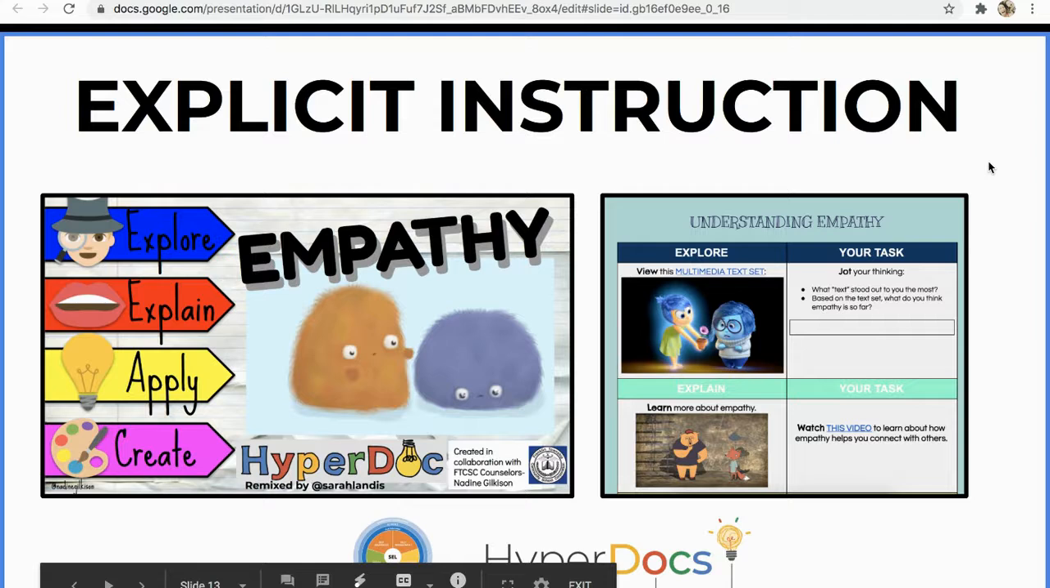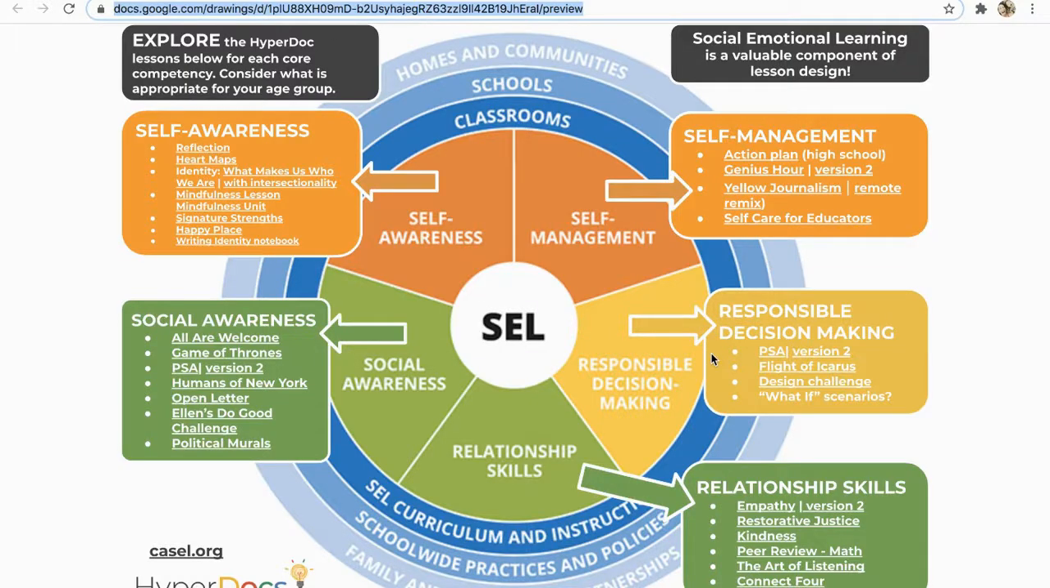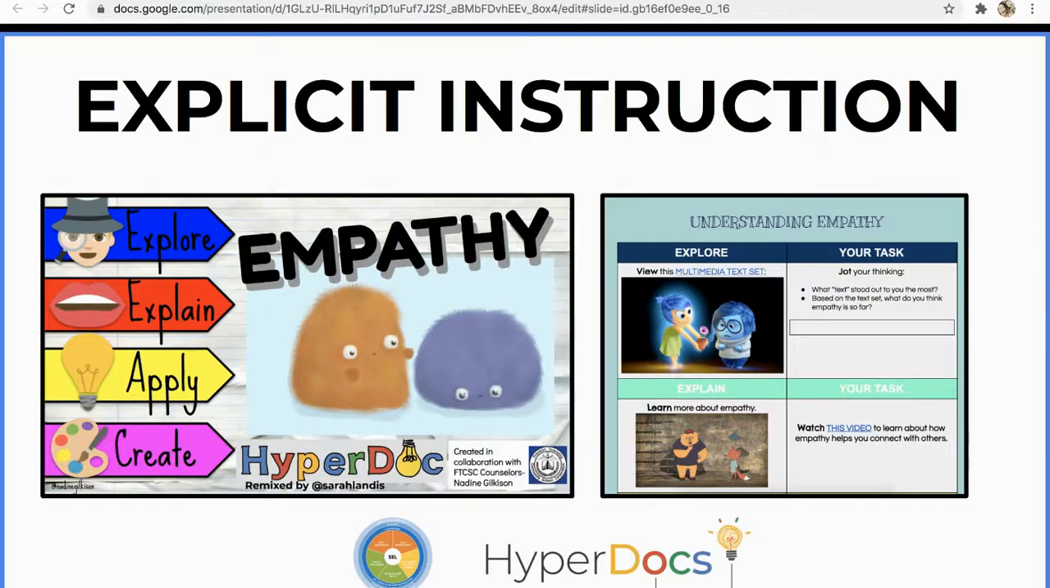Now, I believe that HyperDocs can do that for you in one of 2 ways, either through explicit instruction, where you actually teach from a HyperDoc that focuses on one of those core competencies. For example, empathy can easily be found under this category of relationship skills, understanding and empathy towards yourself and others. As an example, that would be an explicit instructional lesson. So let's take a look at these and see what we mean when we say